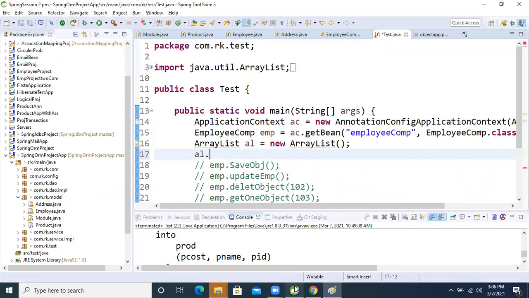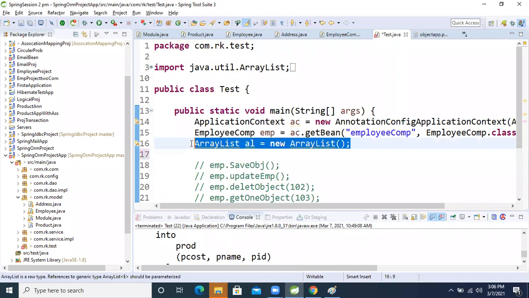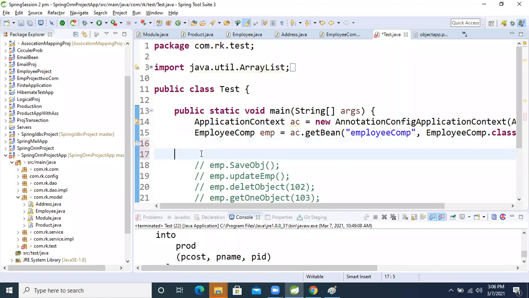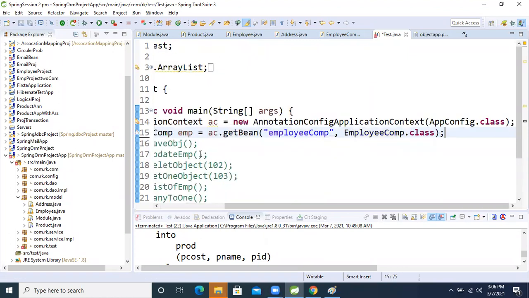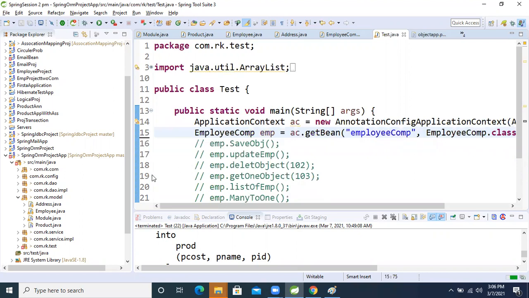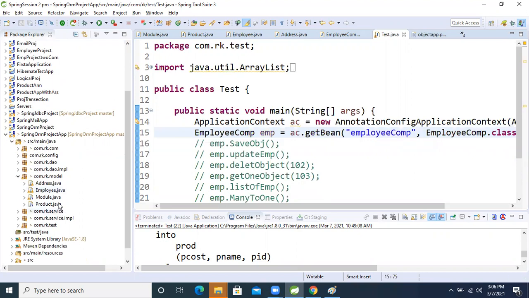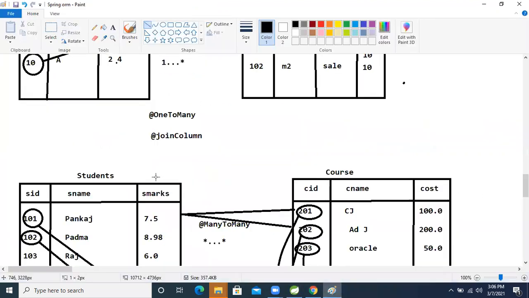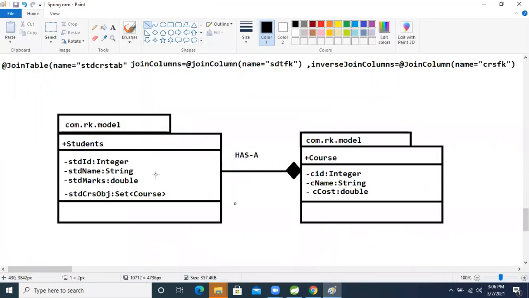I'm not going to create the environment again, because I already completed it in the first project. Spring ORM environment setup alone takes 1 to 2 hours. So in the same previous project, I will create these two classes, and we will see that.